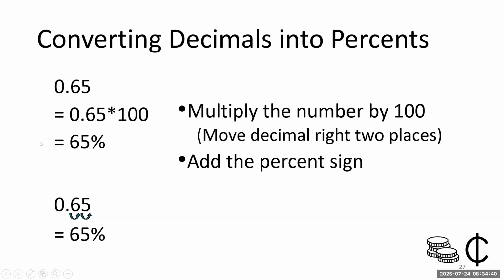And if we want to do it the shorthand way, by not plugging it into our calculator, we can just take that decimal that's to the left of the 6 and move it over the other direction. So to the right 2 places. And that's going to give us the same answer. We just want to make sure that we put that percent in there to show that we're representing this number as a percent. Hopefully that'll make sense.